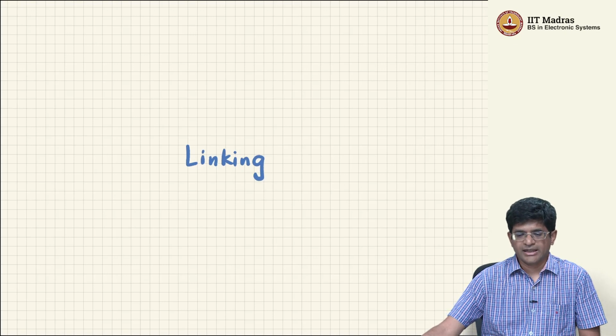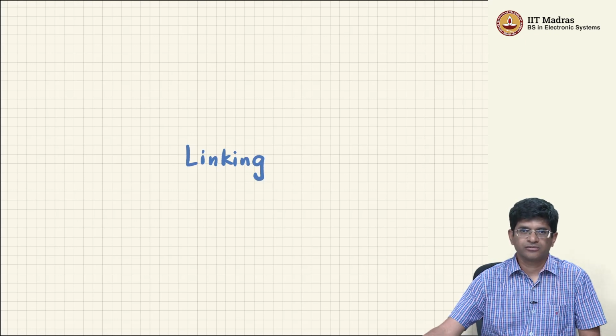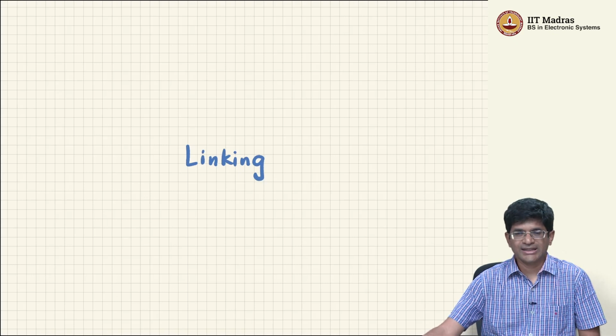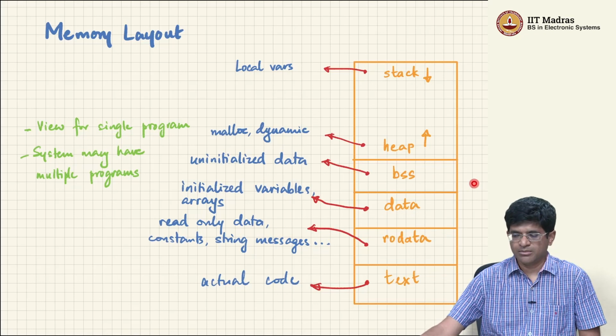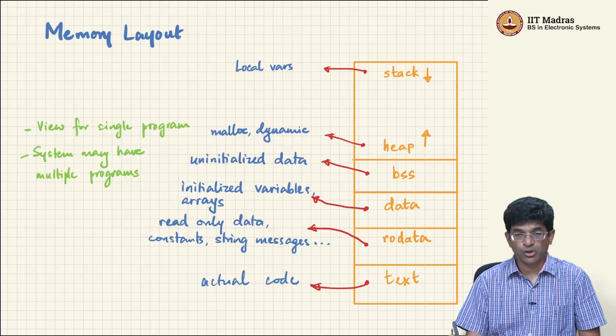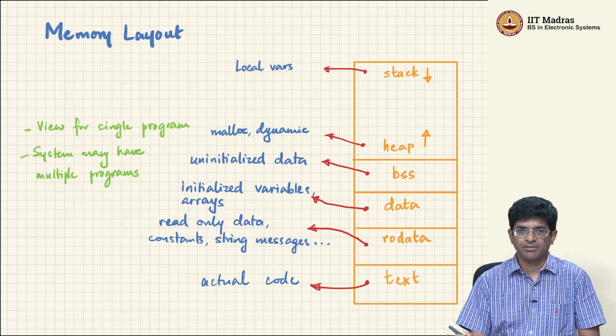So, assuming that we have managed to compile our program, what usually gets created is a set of what are called .o or object files, and putting them all together in such a way that we can actually run it on a processor involves something else called the linking process. Now, when a program is written, or more importantly, when a program actually executes in the memory of a